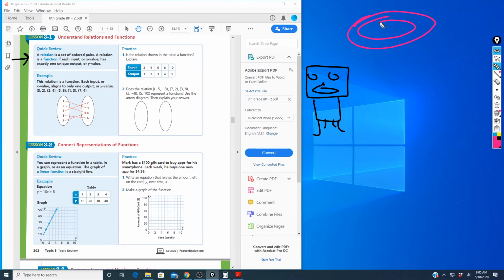So number one: is the relation shown in the table a function? If I input a 2, a 4, a 6, an 8, a 10, think of it as the graph. If I had 2, 4, 6, 8, and 10, with outputs 1, then 2, then 3, then 4, and then 3, if I were to draw this,